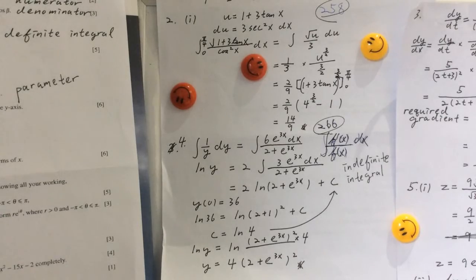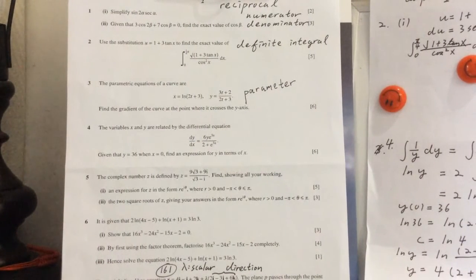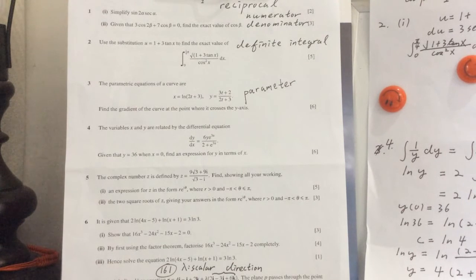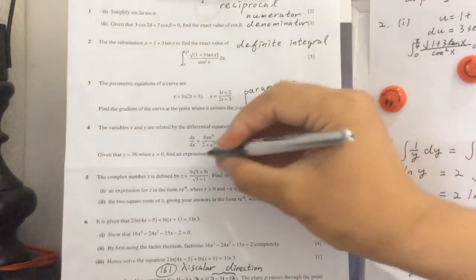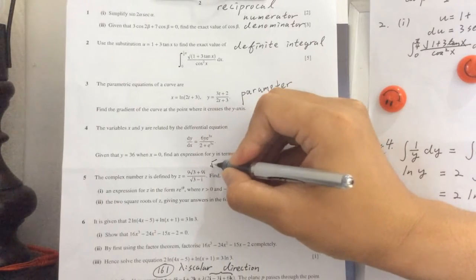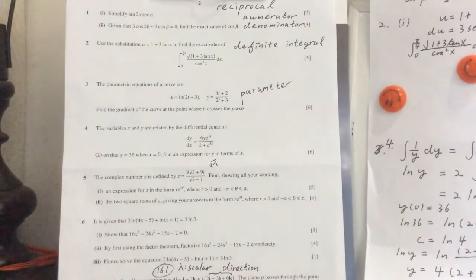So now we move on to question 5. Complex number. In Chinese, it is 虚数, complex number. Z is defined as the following. We all know i is the square root of -1. We all know this. Okay, so for part 1, find an expression for Z in the form R e to